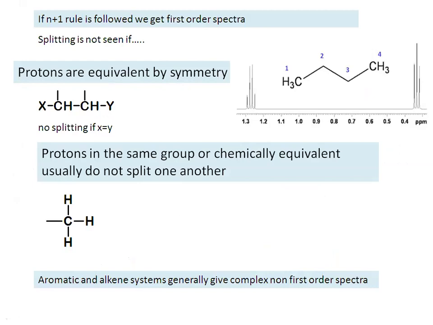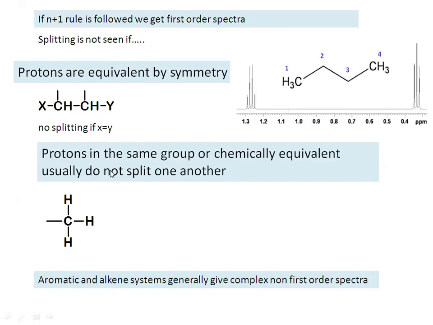So if you take an example of n-butane, how many signals can we expect? 2, because we have just two sets of chemically non-equivalent protons. Proton 2 and 3 are equivalent to each other, while proton 1 and 4 are equivalent to each other. And here we don't expect the proton 2 to split 3 or vice versa. They are not going to split each other because we have an element of symmetry present out here. And that's why this CH3 signal will come out only as a triplet, and this CH2 signal will come out as a quartet.